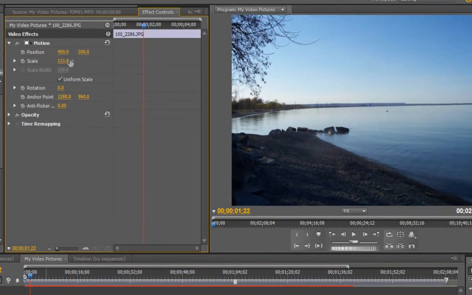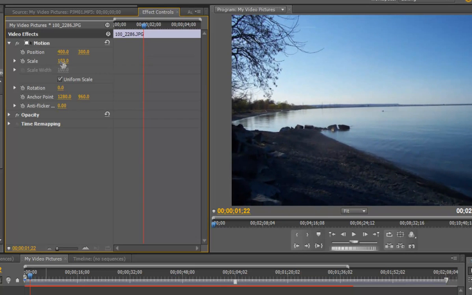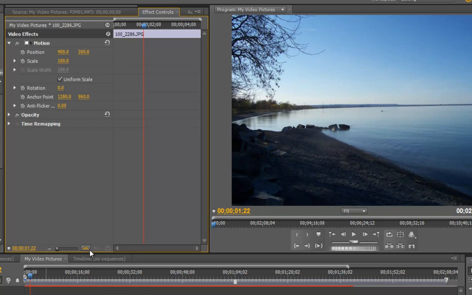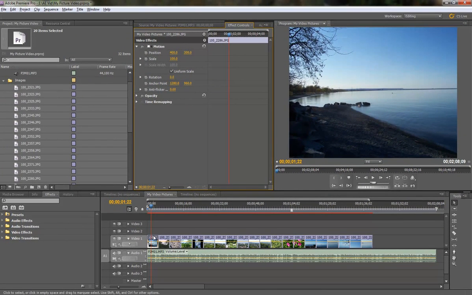So now if we changed it, you'll see that anything above 100% actually goes out of the frame and scales in past it. So I'm going to put that back to 100%. And so that's a perfectly great way to add that in there really quick. So the next thing I'm going to do is take care of how long these clips are going to be, each picture, because you can see the pictures are not lining up with